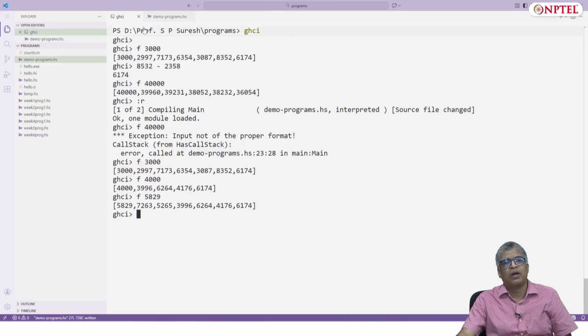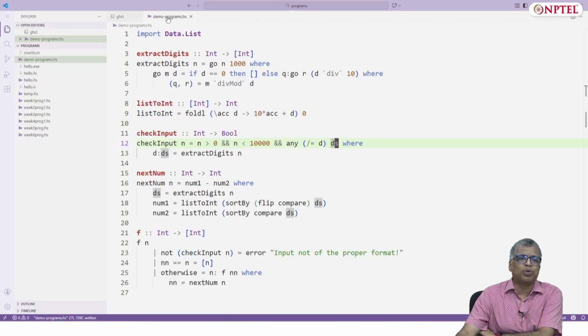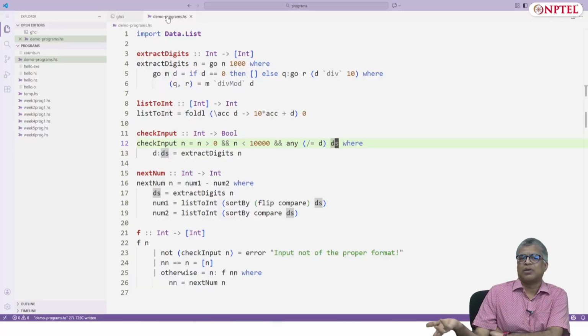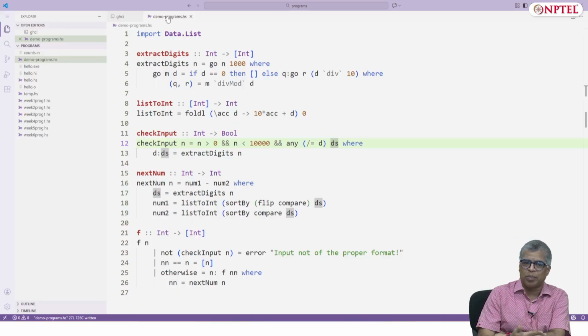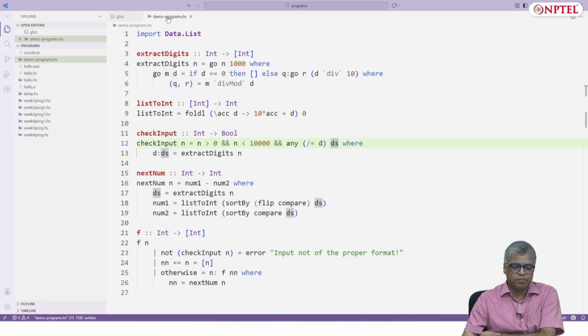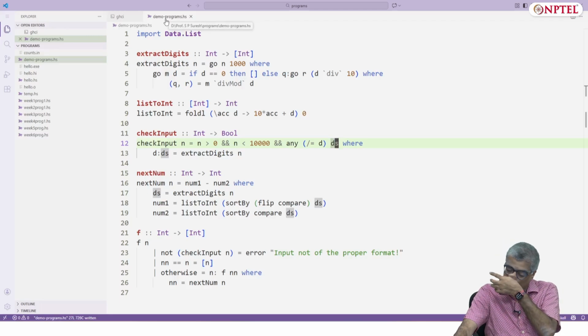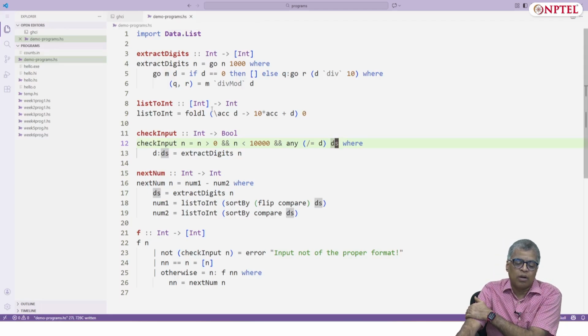Okay, and this was a program which I wanted to show you because this involves numbers, converting from numbers to some digits, and then doing something with those digits, converting back to number, doing something repeatedly. Okay, so things like that. So hopefully this was one interesting problem which tells you how to go about solving these problems.